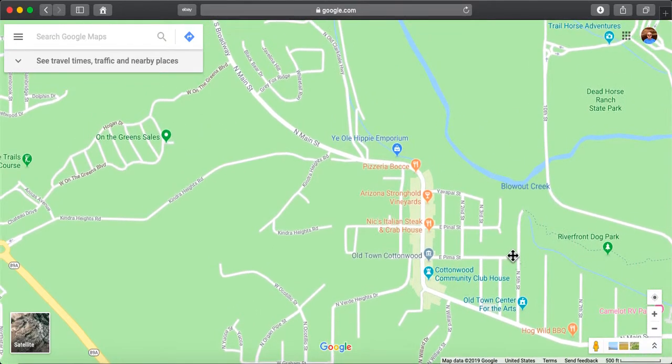So right down in Old Town Cottonwood, you're pretty close to the Verde River, and I think right here before the Hippie Emporium there's an information center. And I think there's a little trail that goes out of there. So anyway, then there's Dead Horse State Park. There's some really neat trails and stuff there too. But as you leave and you're heading toward Clarkdale from Cottonwood,